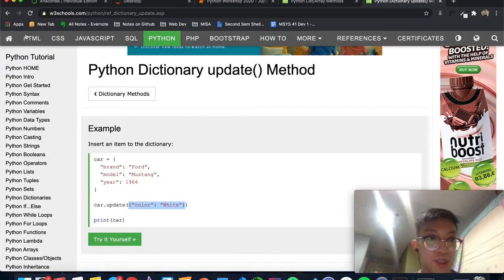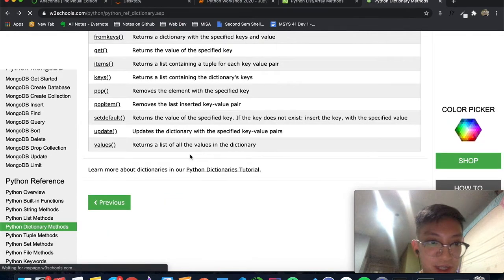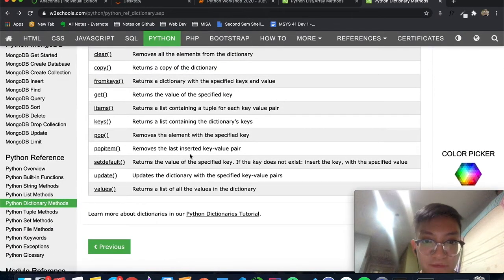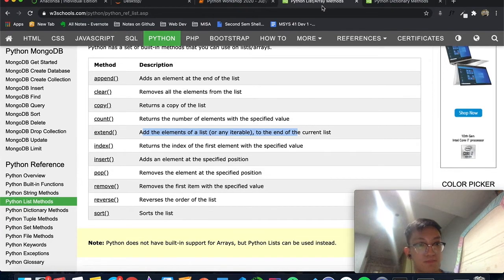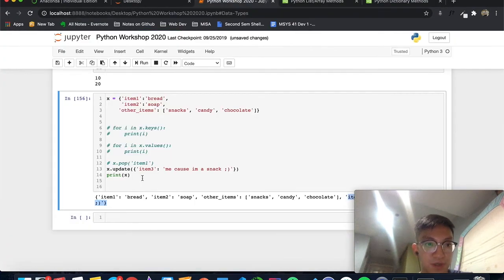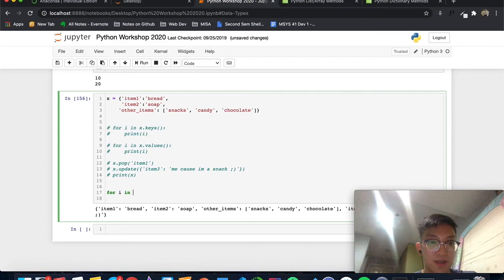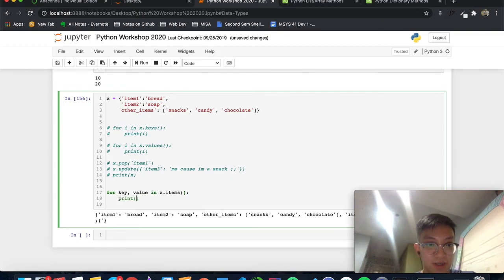So, pretty much, the methods are now online. You can just check, don't be afraid. How about items? Let's say items. You can also iterate and then get the key and the values at the same time. For key and value in x.items, print